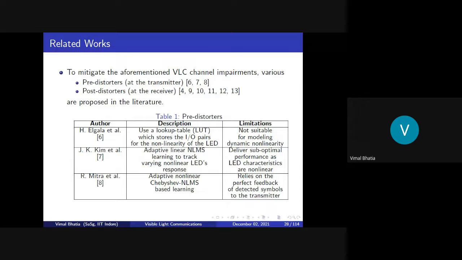Hence, people move towards adaptive solutions. So, adaptive linear normalized least mean square based learning was proposed by Kim in reference number 7. So, they deliver